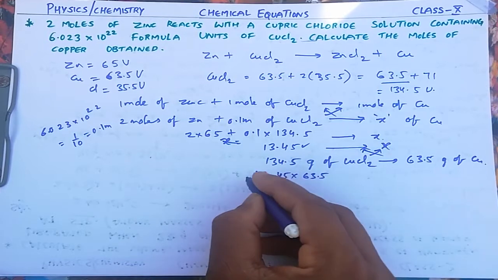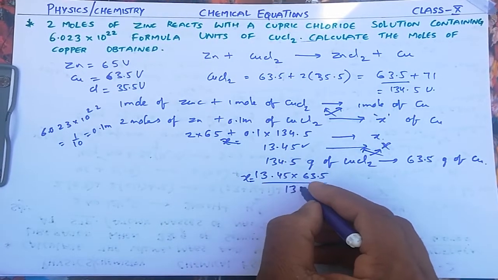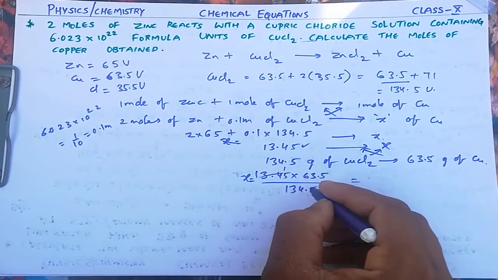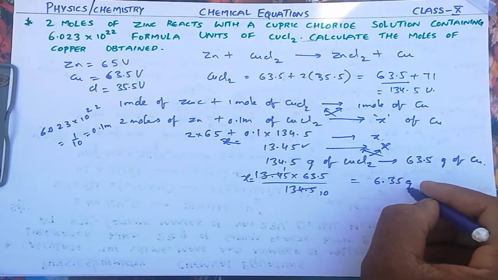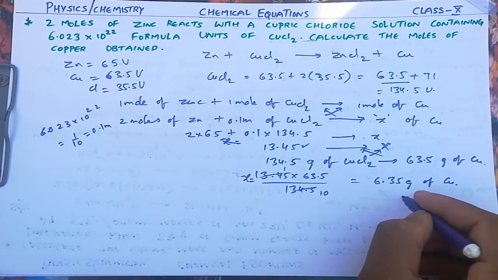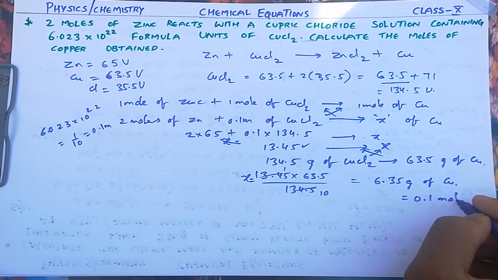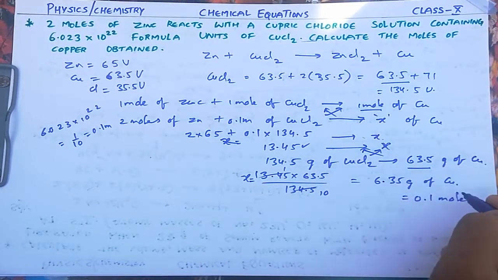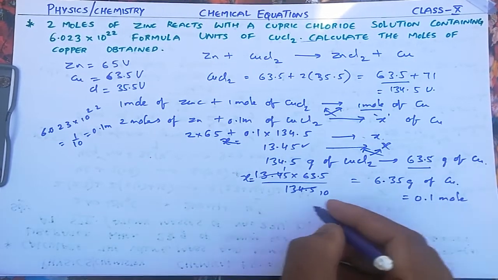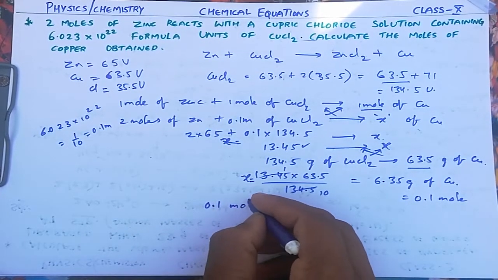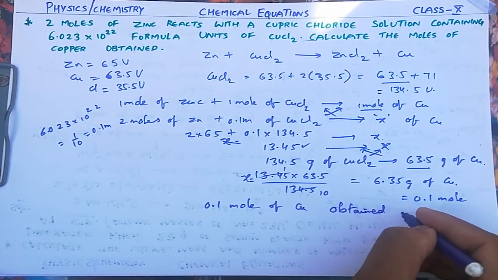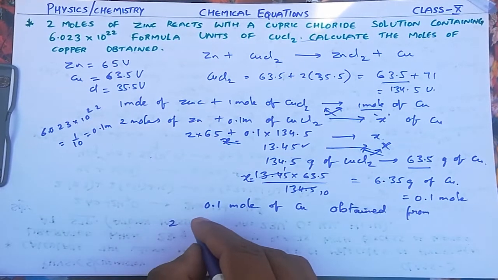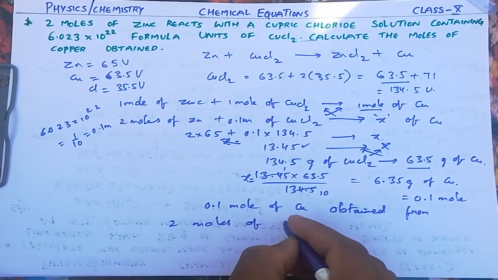63.5 into 13.45 by this one 134.5, this one is 10 times, then this will become 6.35 grams of copper, which is nothing but 0.1 mole. If 1 mole occupies 63.5, if it is 6.35, the decimal place is changed, so this will become 0.1 mole. So 0.1 mole of copper obtained from 2 moles of zinc